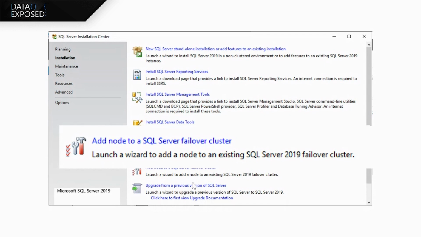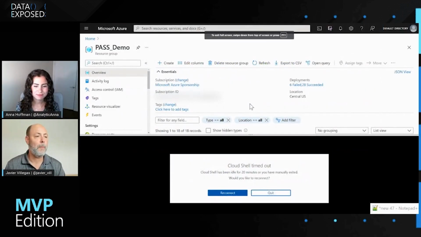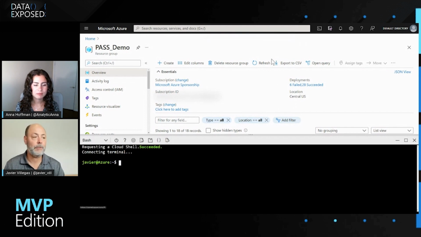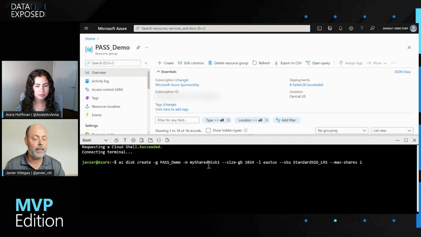Yes, absolutely. So let me go to my Azure portal. Here I am logged in my subscription. I have started the Cloud Shell, and here I have my prompt. When I go here, I just have the command that will create the shared disk with 1 terabyte in East US with standard SSD, and with the max share option. When I submit